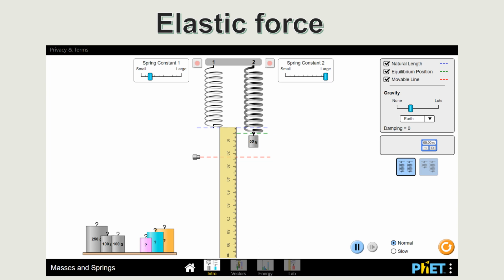And what we will do, we will put this line so that we can measure the length of the spring, and you can actually do like this. Okay, so I will leave a ruler like this,